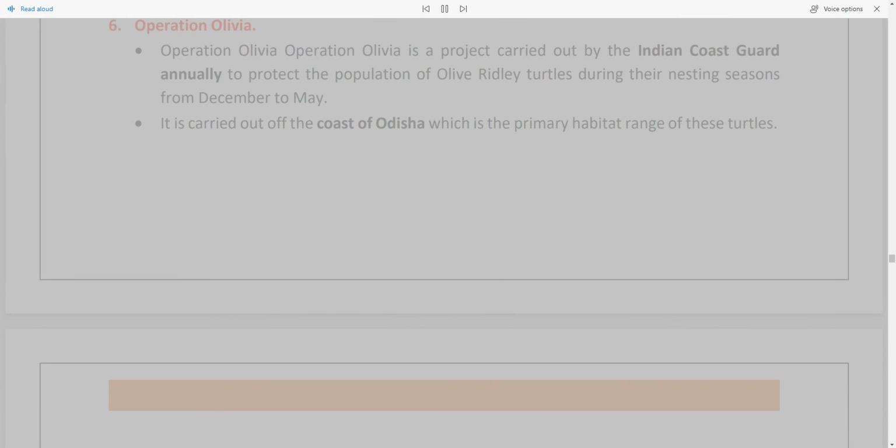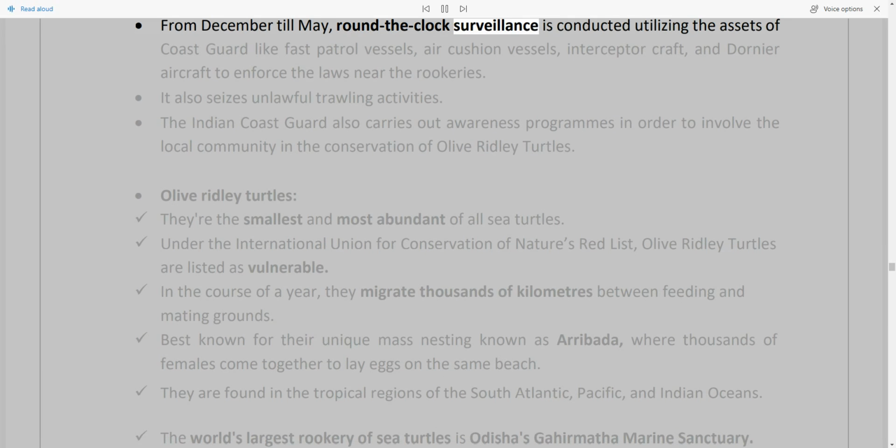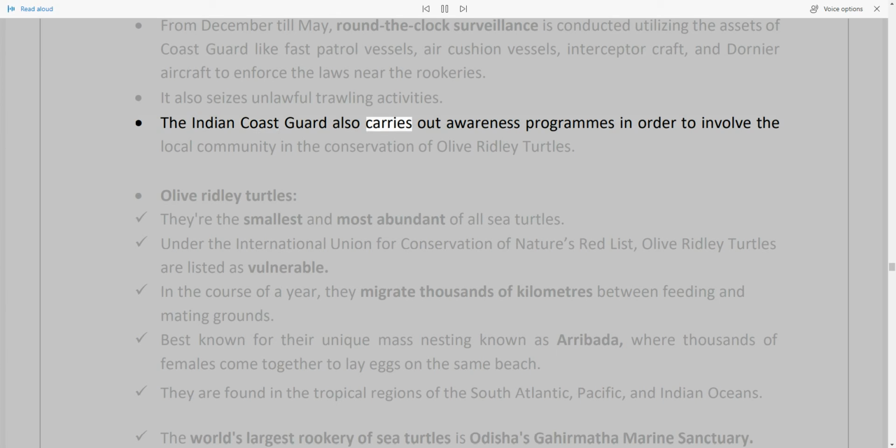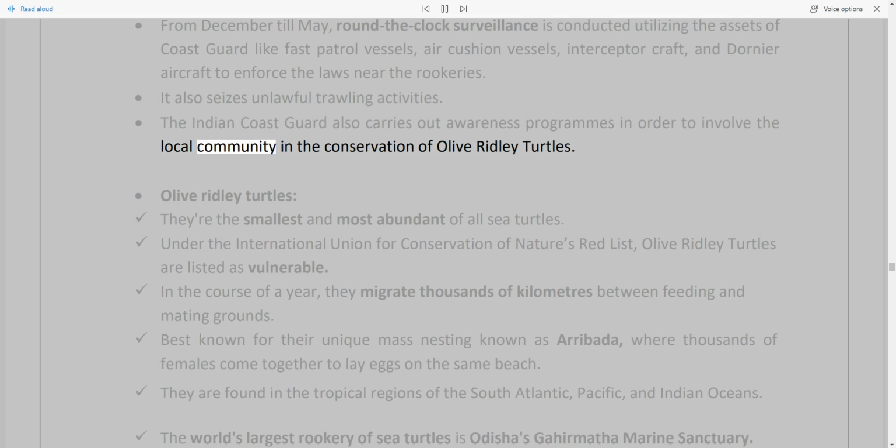6. Operation Olivia. Operation Olivia is a project carried out by the Indian Coast Guard annually to protect the population of olive ridley turtles during their nesting seasons from December to May. It is carried out off the coast of Odisha, which is the primary habitat range of these turtles. From December till May, round-the-clock surveillance is conducted utilizing the assets of Coast Guard like fast patrol vessels, air cushion vessels, interceptor craft, and Dornier aircraft to enforce the laws near the rookeries. It also seizes unlawful trawling activities. The Indian Coast Guard also carries out awareness programs in order to involve the local community in the conservation of